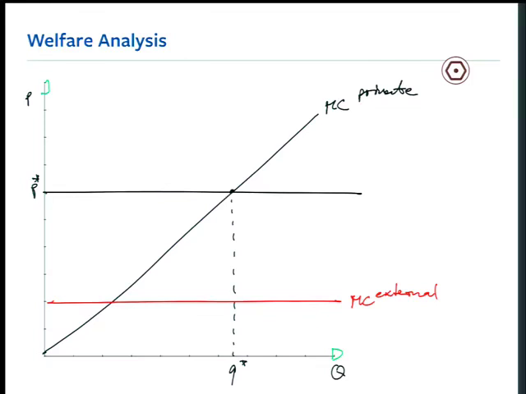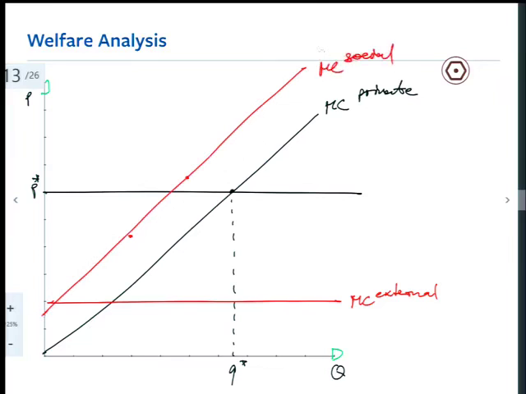Social marginal cost here is the marginal external cost plus the marginal private cost. So for each unit of output, you just add 2 squares of external costs to your private marginal costs. Shift up the marginal private cost, and that is your social marginal cost. So you add the marginal external cost, health damages from pollution, to the private cost, and the sum of those 2 tells you the total social marginal cost of production, counting the use of all resources in production.